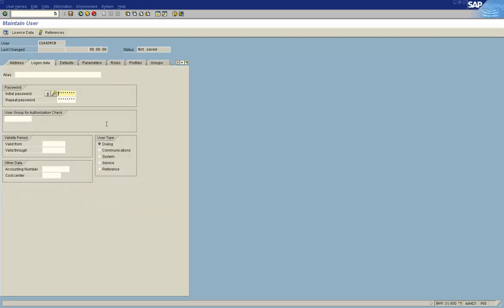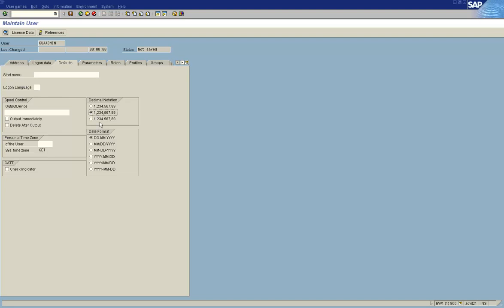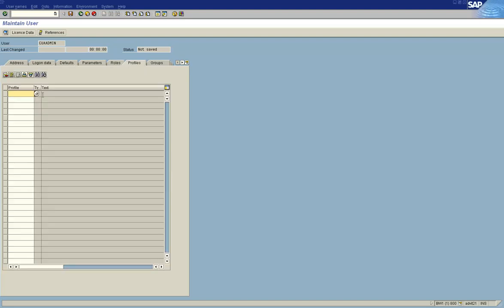So go and create the password, enter the password. And again, in all the clients, this ID has to be of the same type. So let us select the system type, and then let's go to profiles and assign SAP all.